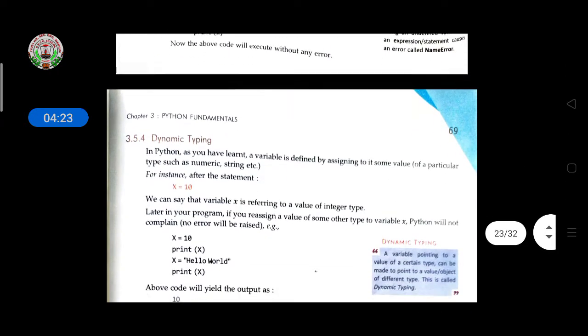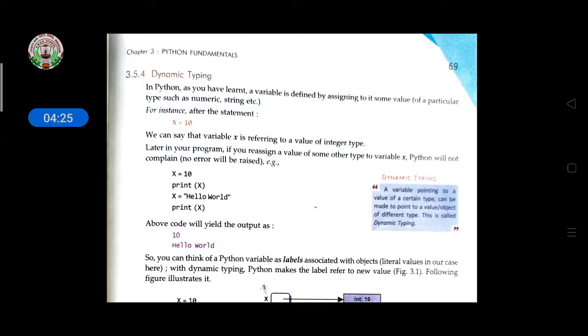Then dynamic typing. In Python, as we have learned, a variable is defined by assigning to it some value of a particular type, such as numeric or string. Like this we are assigning the values. After the statement x equal to 10, we can see that variable x is referring to a value of integer type, because here the number is of integer type.